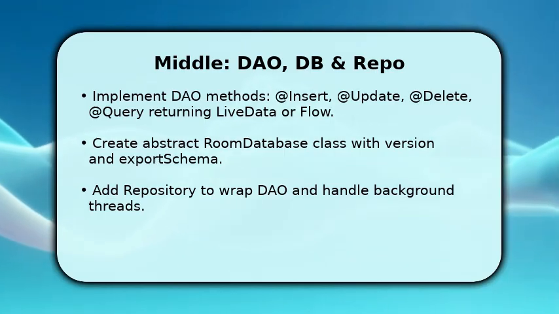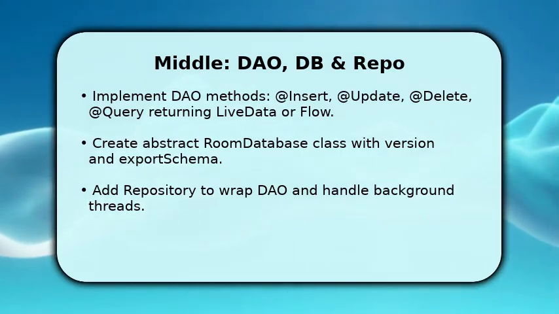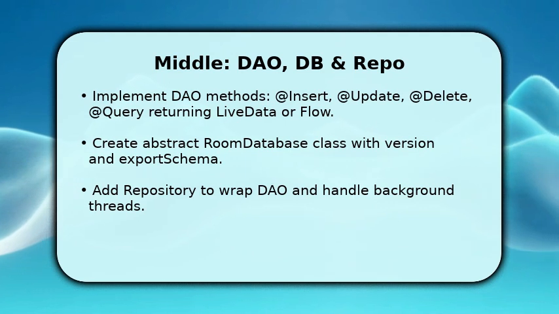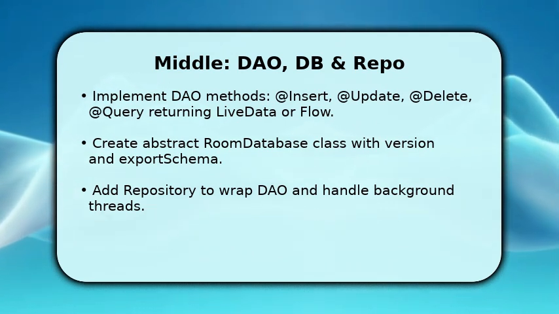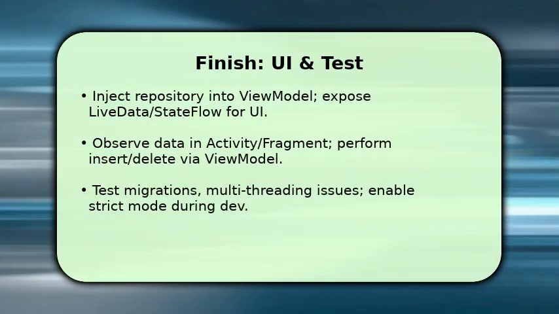Once the database is available, build a repository that calls DAO methods on I/O dispatchers. This isolates data. Finish by connecting your view model to the repository and exposing LiveData or StateFlow to the UI. In your activity or fragment, observe the data and call view model methods to insert, update, or delete